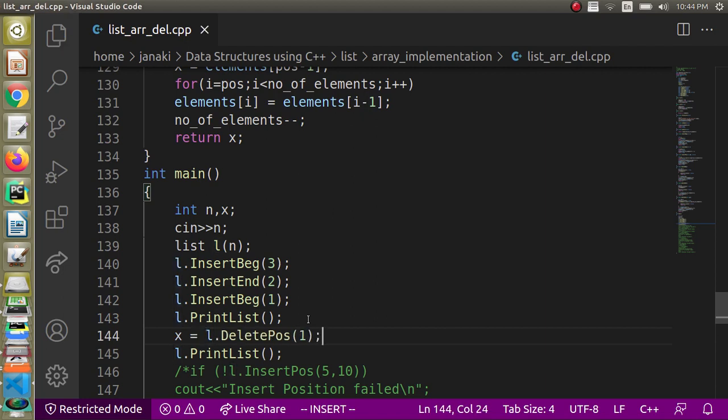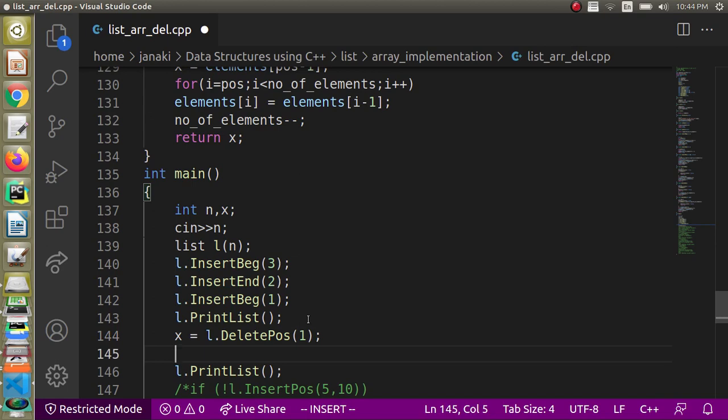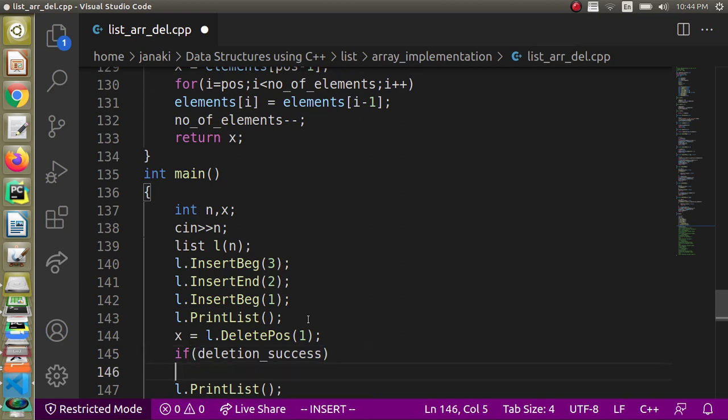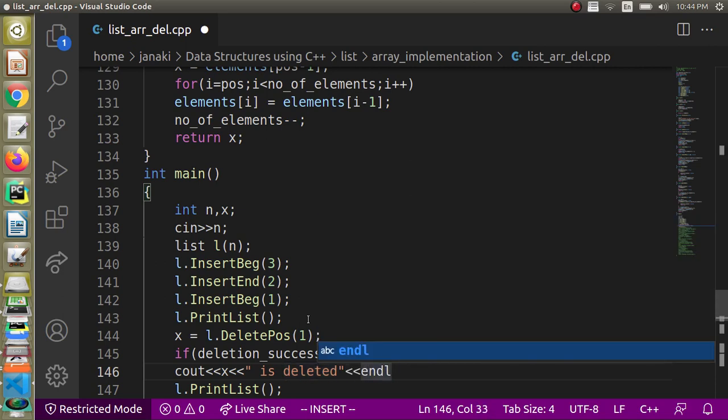So you are calling delete and storing the return value here, and you should check whether deletion was successful. If it was successful, then you will be printing x is deleted, isn't it? So let us tell x, and then you can tell is deleted, okay? And we can tell endl.